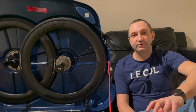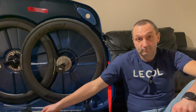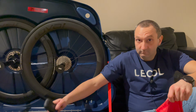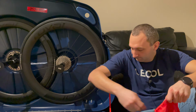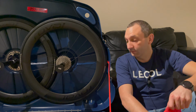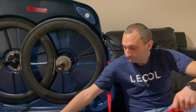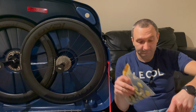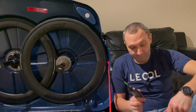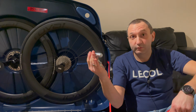At this point I just need to pack rest of the stuff. What I'm taking is rear mech, obviously, the one I taken out. My Garmin, a saddlebag with full equipment, chain, pedals, lube, some extra CO2 cartridges,